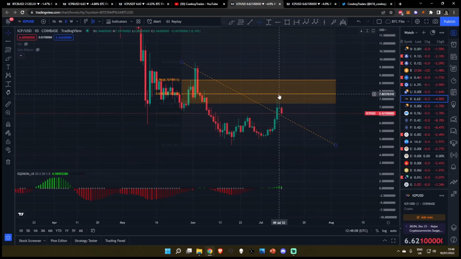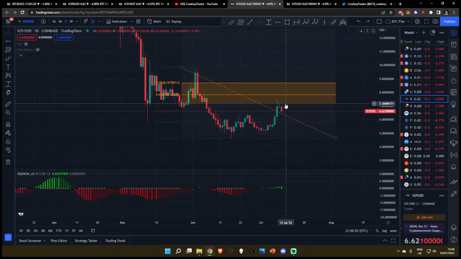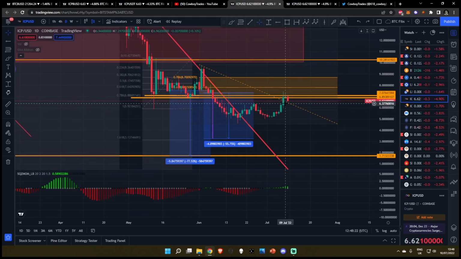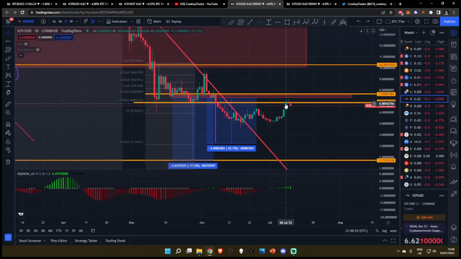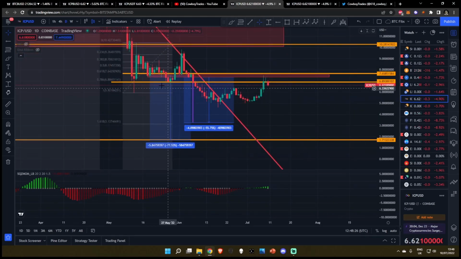We didn't even manage to come up to the 618 fib, let alone the 786 fib. We didn't even manage to close any candle body anywhere near the 0.5 Fibonacci. So the markets are showing extreme weakness in the higher time frames. Like I said, in terms of the technicals, since our last two predictions where we were updating you on these,